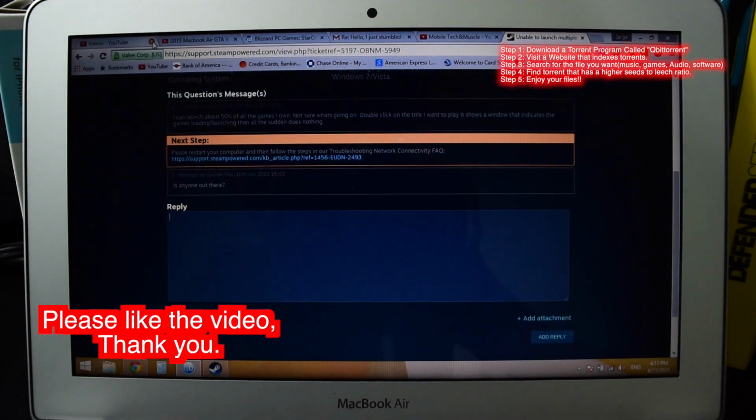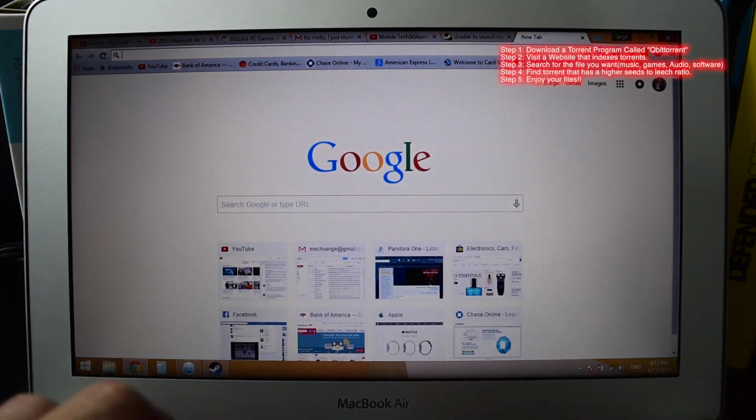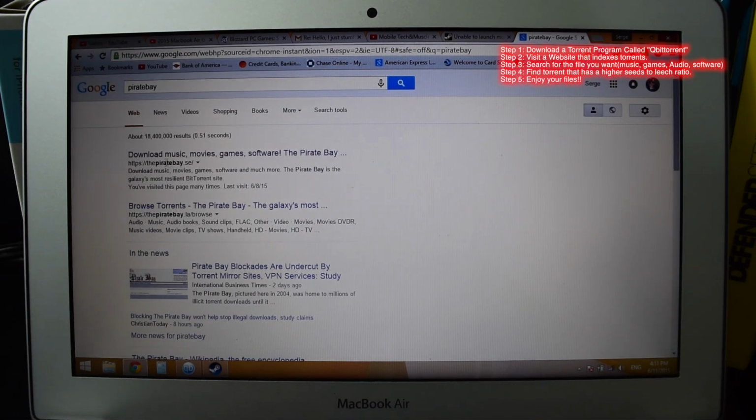Pirate Bay is one of the most resilient websites for torrents. Tons and tons of people upload their torrents. There are many different websites you can go to, like ISOHunt as well. Go ahead and type something into Pirate Bay if you want to see how this works. But for now, just follow me along. So I went and typed in Game of Thrones,